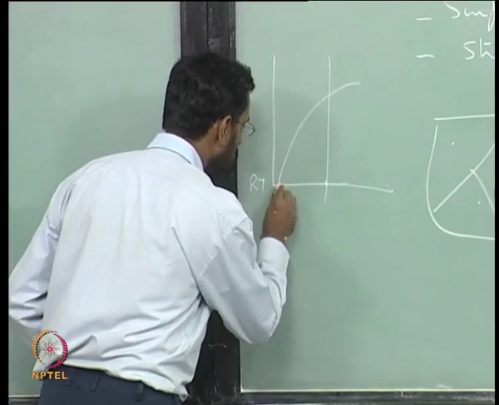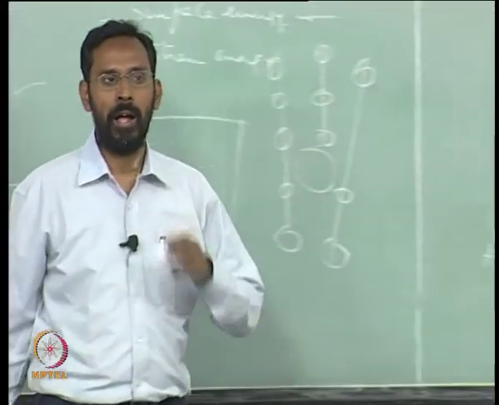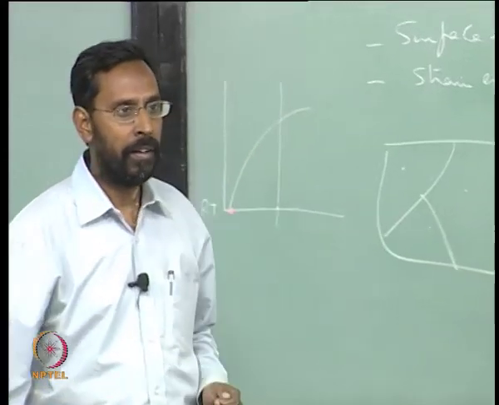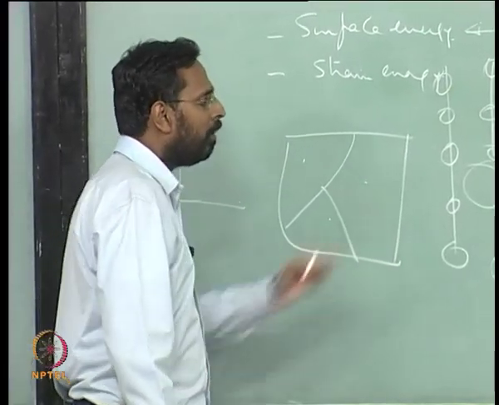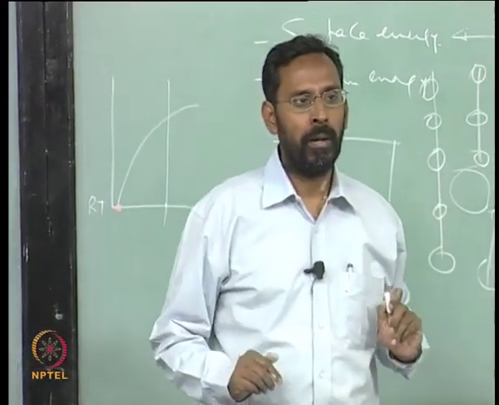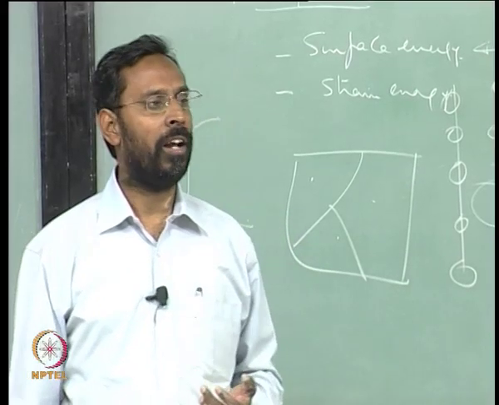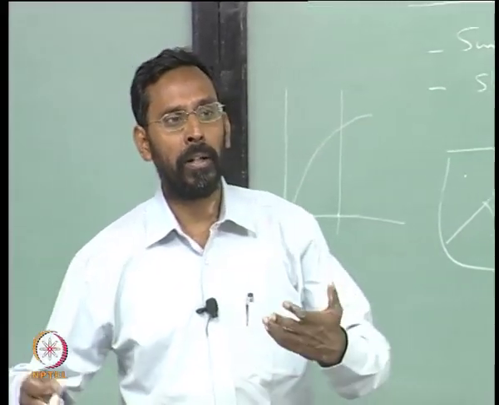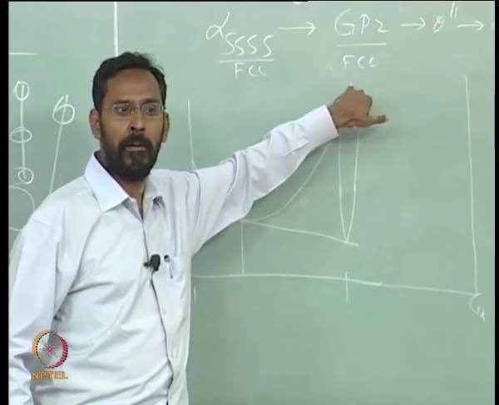Now we are talking about all this being under equilibrium, but we are saying that equilibrium is not happening, theta is not able to come out of alpha. Then what is coming out of alpha? It is what is called the GP zones, which are nothing but copper rich, and because they are also FCC,